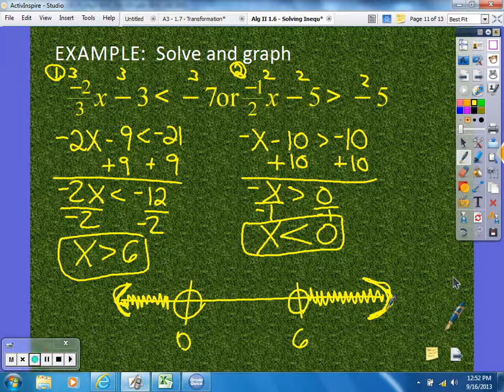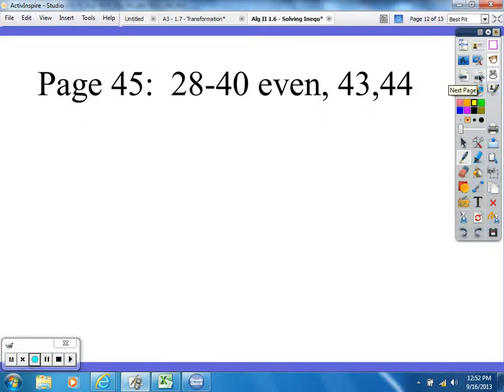Any questions? All right. So take last night's assignment, turn it over. Make sure your first and last names are in the top right-hand corner again. And copy down the